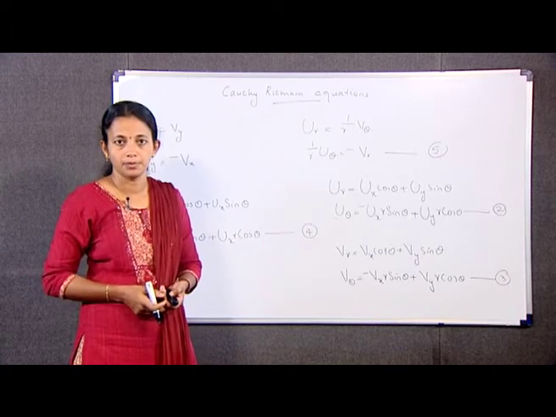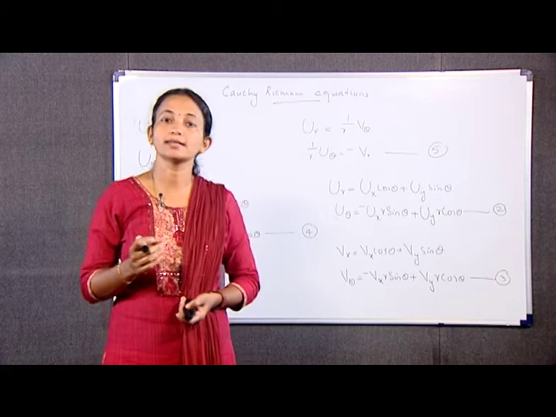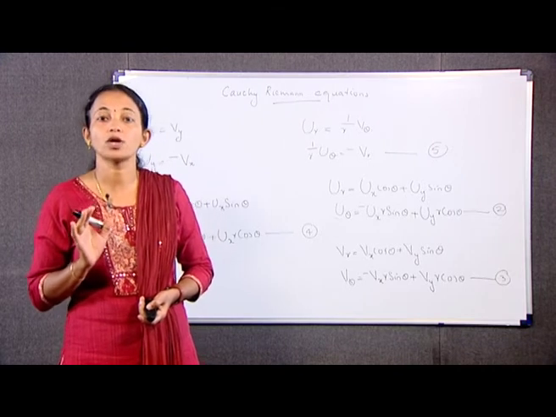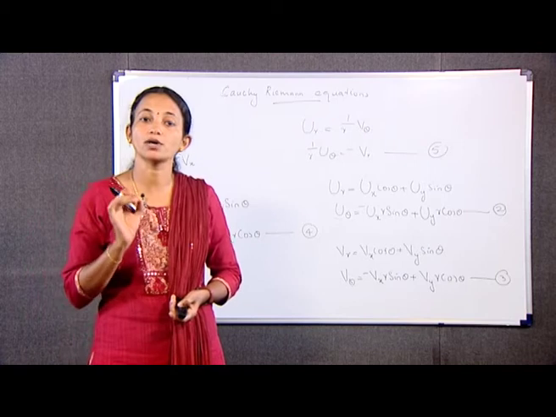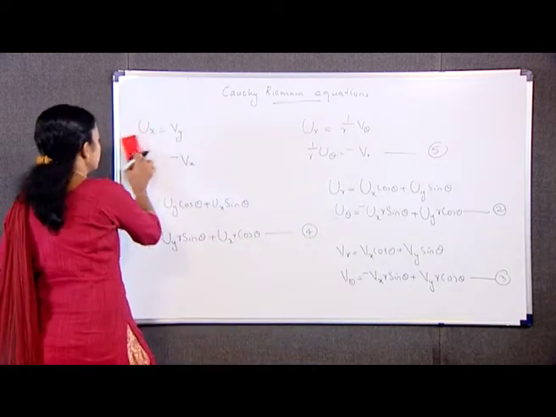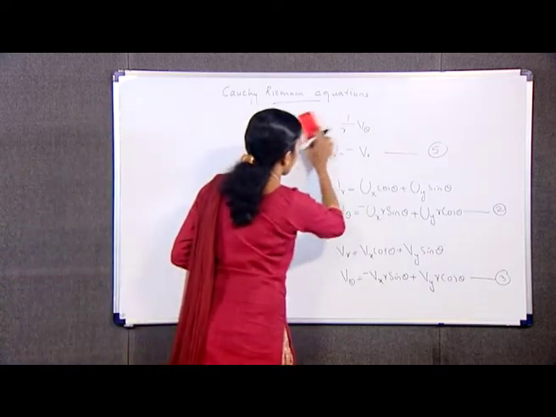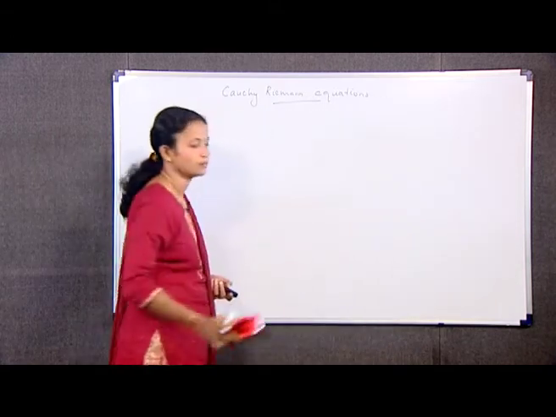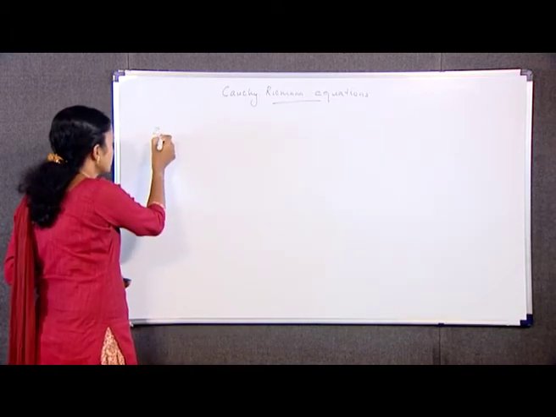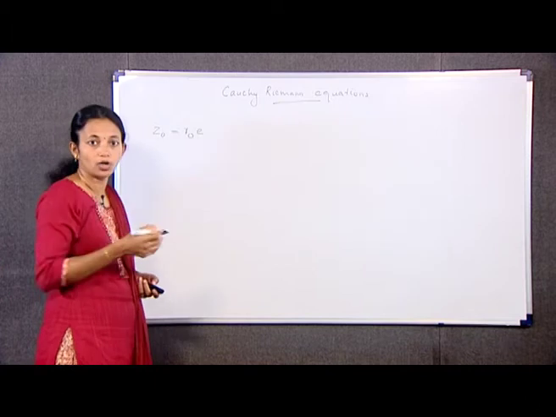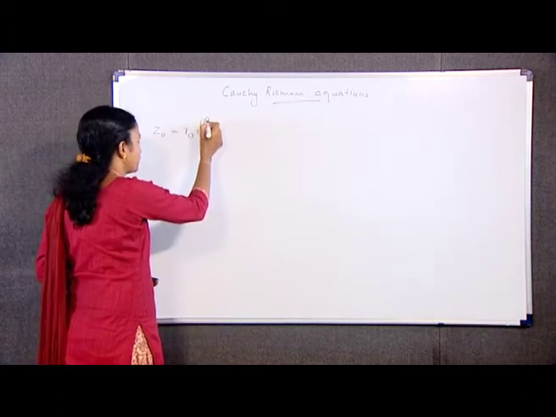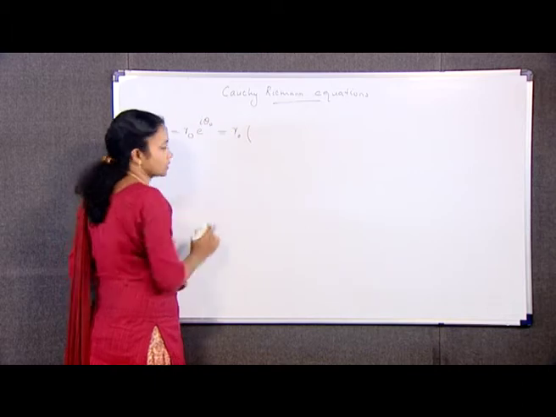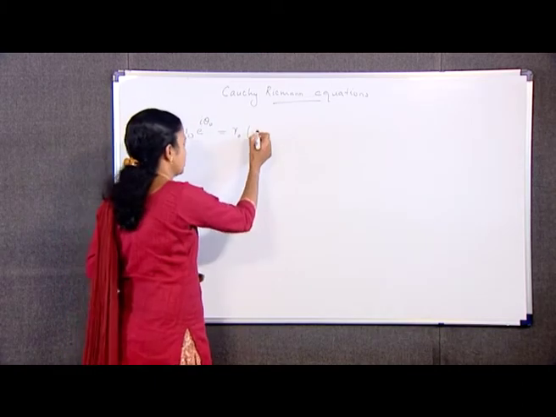Next we have a theorem. Let the function f(z) is equal to u(r, θ) plus i v(r, θ) be defined throughout some epsilon neighborhood of a non-zero point z naught is equal to r naught e raised to i θ naught, which I can write as r naught into cos θ naught plus i sin θ naught.